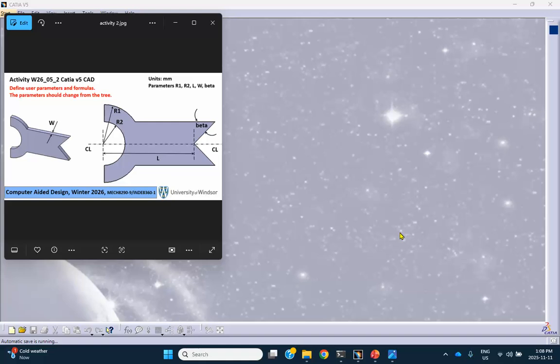This is activity number 2 for the homework of week 5, winter of 26 in the computer aided design course. Now, activity 1 was this same geometry, except that I wanted you to do the problem by renaming dimensions, okay? Not creating parameters, renaming dimensions. So in this activity 2, I will actually create parameters and use formulas to assign certain things to those